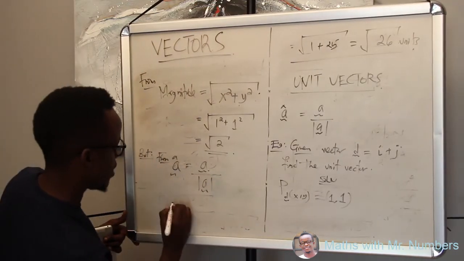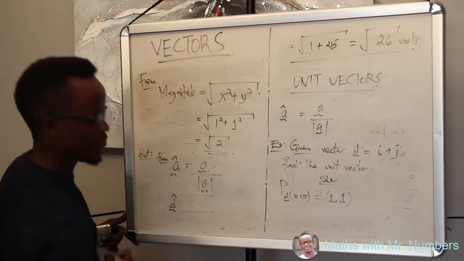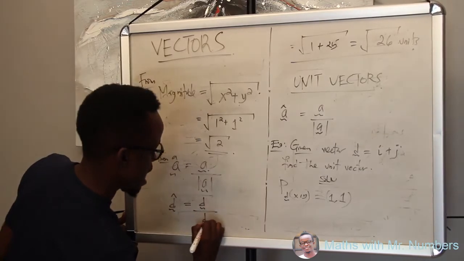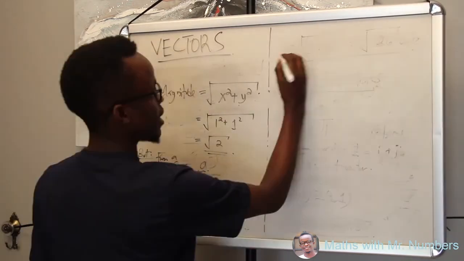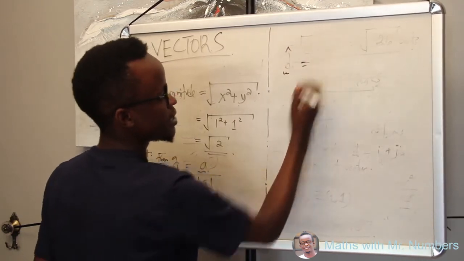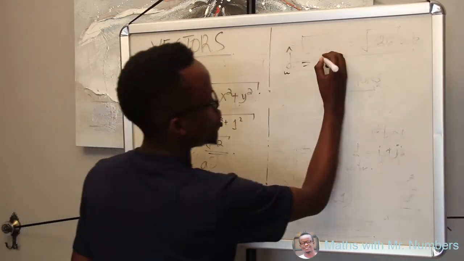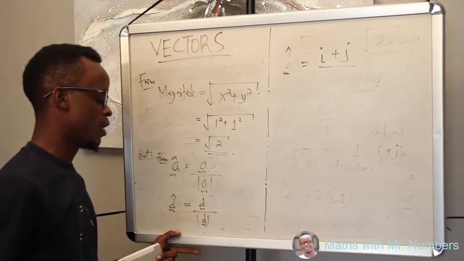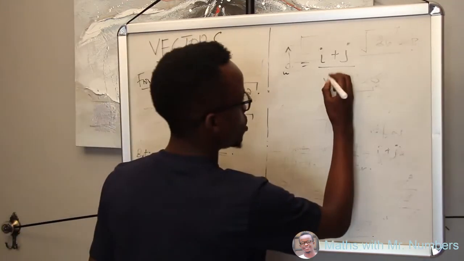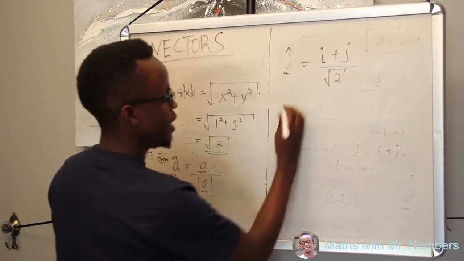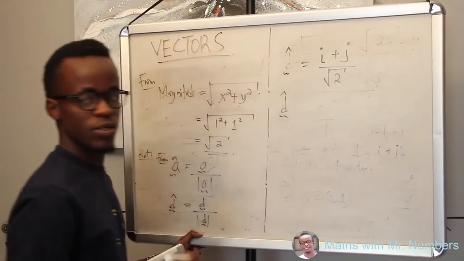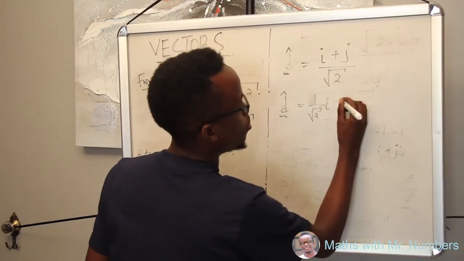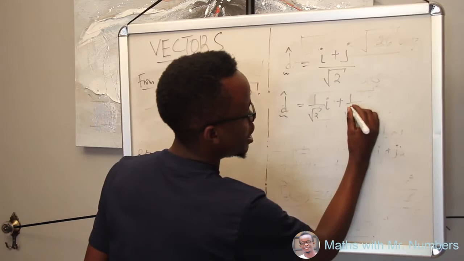Since we have the vector D, the unit vector of D equals the D vector divided by the magnitude of vector D. Therefore, the D vector, which is i plus j, divided by the magnitude of vector D, which is root 2,